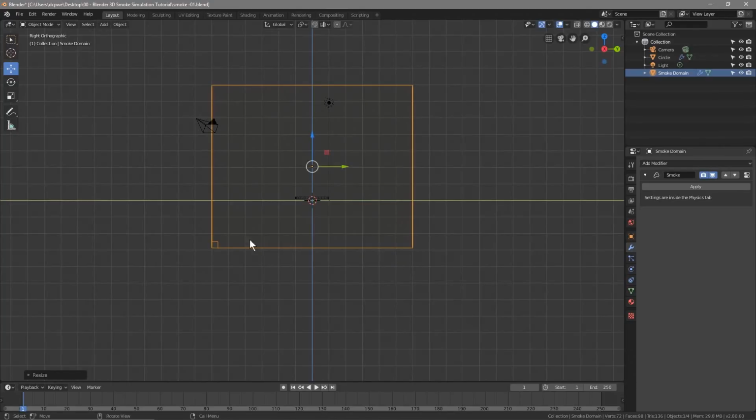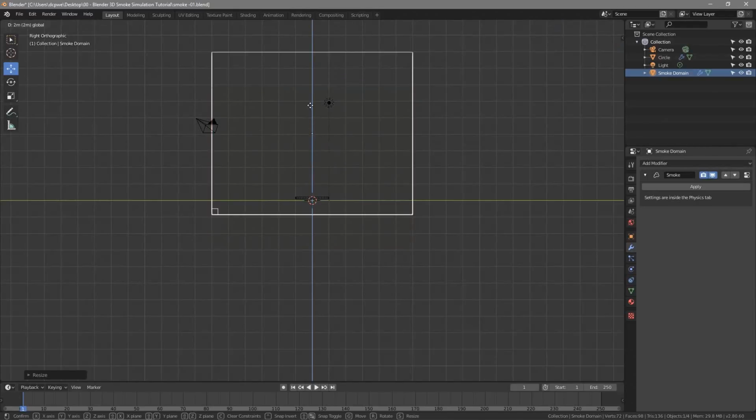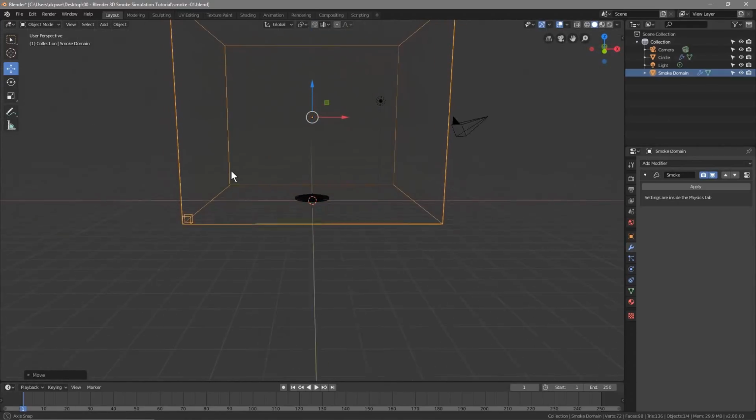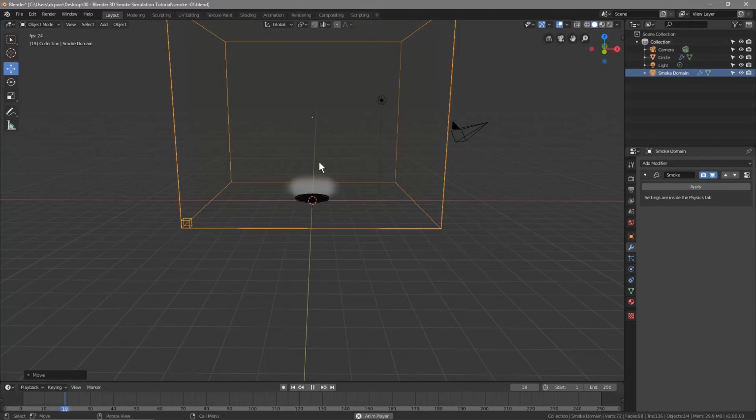So it almost looks like a box now, a square box from this angle. Then we'll use the move tool, hold down the control key and drag it back up again, so it sits on that green line. And now we can middle mouse click, and if we click play, we'll see our smoke will rise a lot higher now because it's got more space